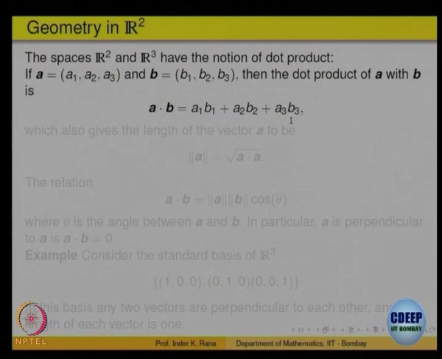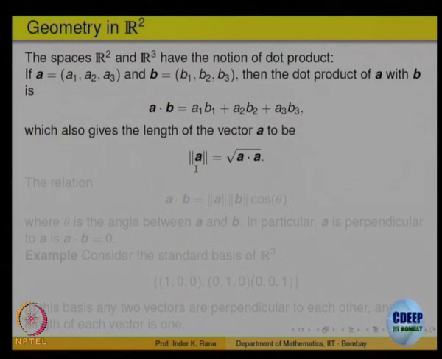In this notation, it also gives you what is called the magnitude of that vector. If you treat A as a vector, it has a length. Its length is the square root of A dot A, that is a1 square plus a2 square plus a3 square, under a square root. That is the usual Euclidean distance, Pythagorean distance between 2 points in R3, right. So, that is expressed in algebra now. See, now you see slowly geometry is being converted into algebra. That notion of distance, we define a dot b as a function.